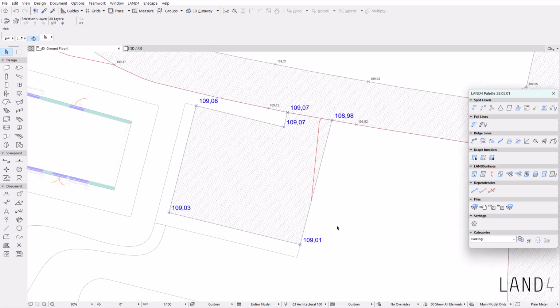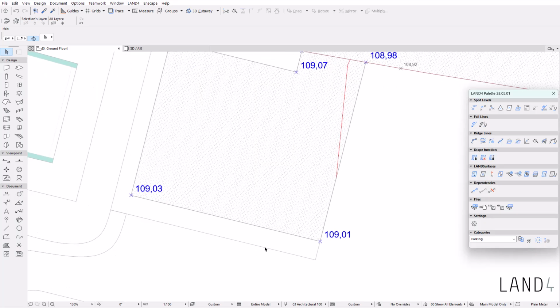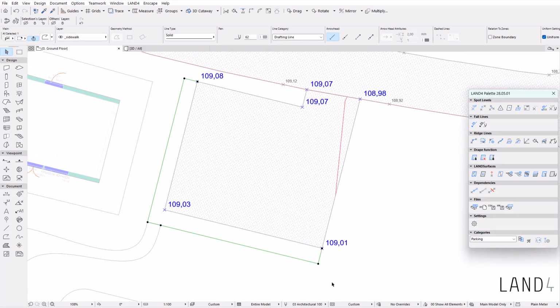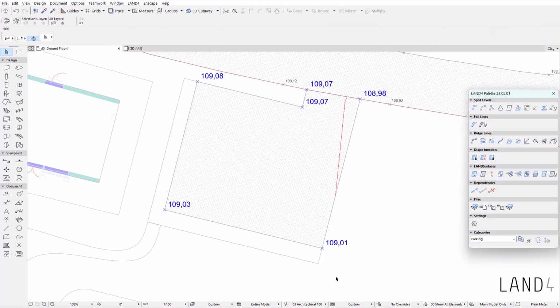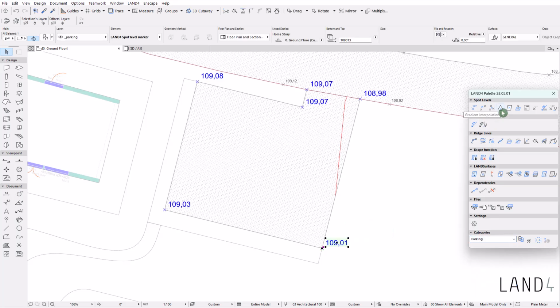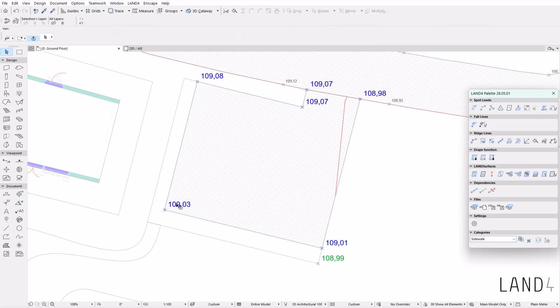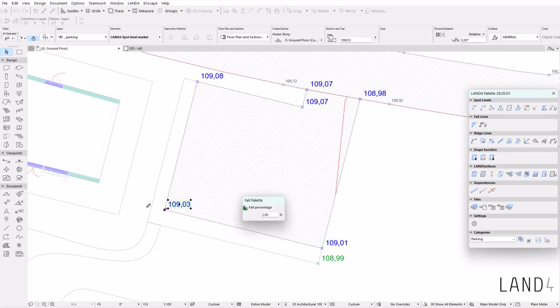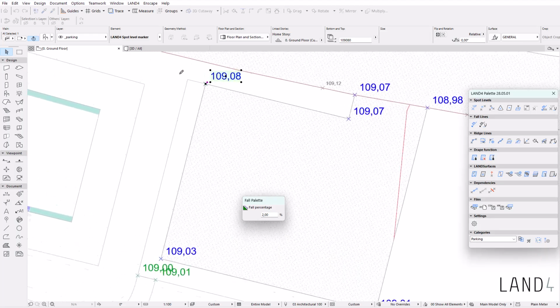In the following part, we will construct the sidewalk neighboring the parking. So we do have the polyline in the project already, which we're going to use to construct the first ridge line. First, make sure you set the sidewalk category, and then select the first spot level with a gradient interpolation of 2% fall, and place the first spot level for the sidewalk. Continue by interpolating the next points, in each corner defining the sidewalk.